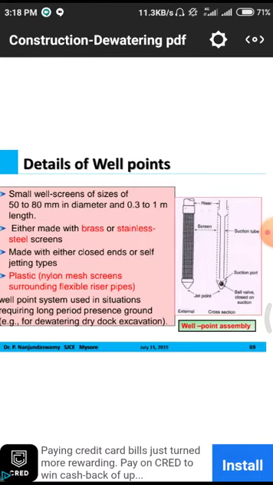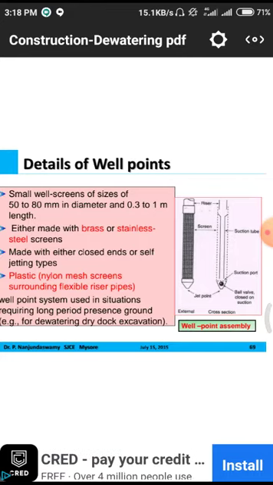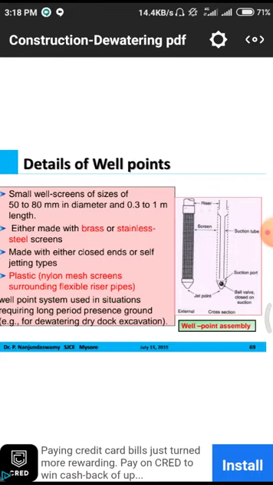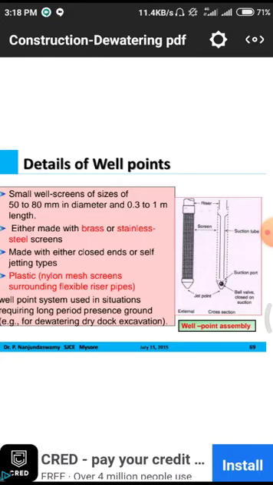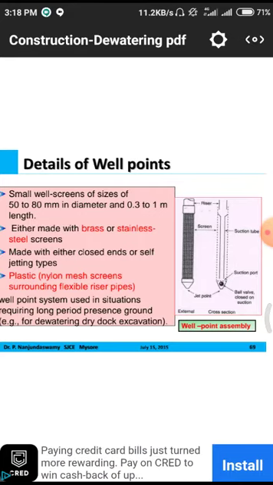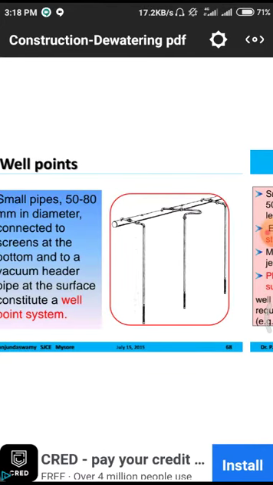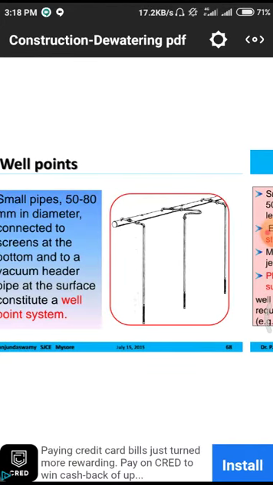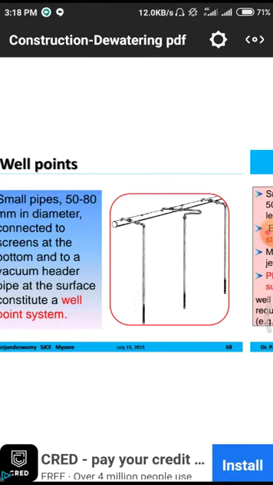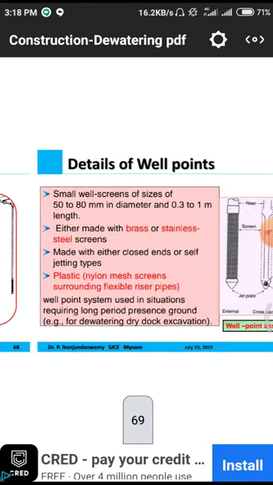Why? Because if the ends are open, then the mud will automatically block one end, so small gaps are made by using these patterns. The water is absorbed through these patterns, and due to the pressure head maintained on the top part. In the previous diagram we had these pressure heads. Due to the variation of pressure on the pressure heads, water will automatically be absorbed into the main pipeline by using this small interconnected pipeline system.